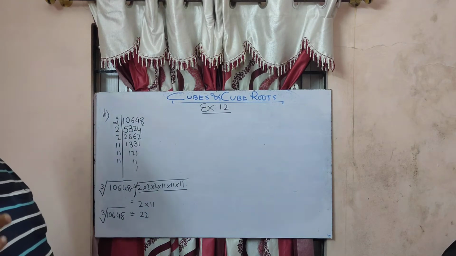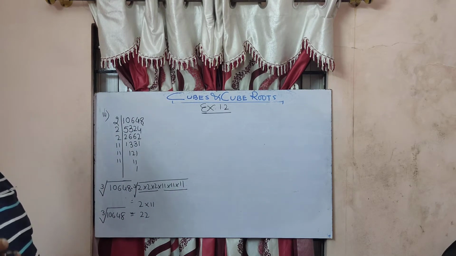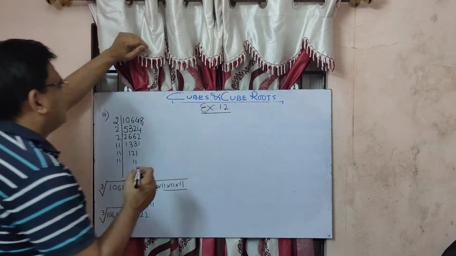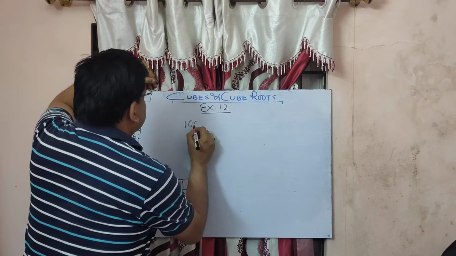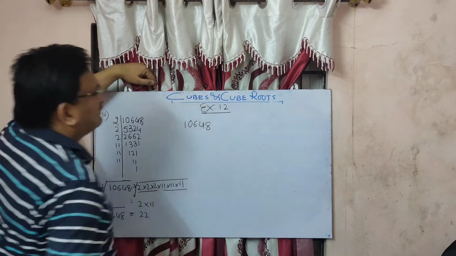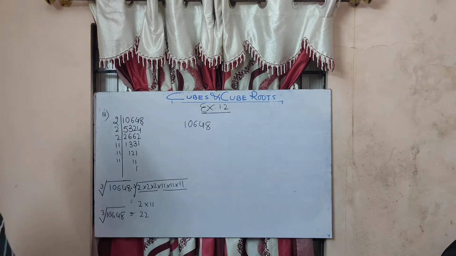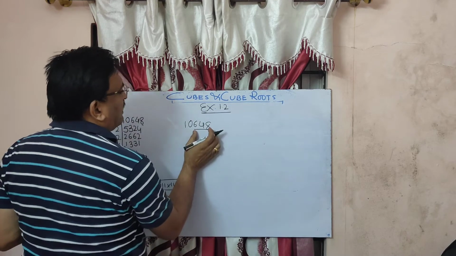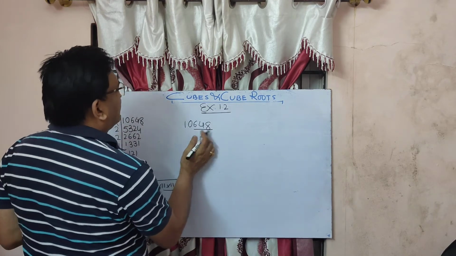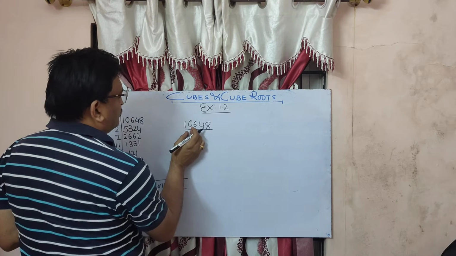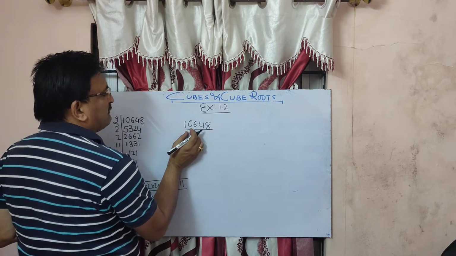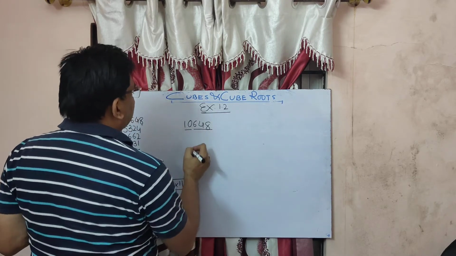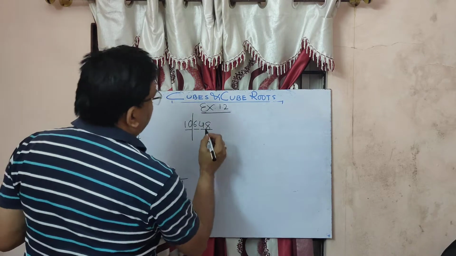Now I'll show you the other method, the direct method. When we know this is a perfect cube, then this is how to find it directly. Now let us check it. So what is this number? 10648. Now what we have to do? Make a grouping of the last three digits, and after that, whatever digits remain, you can keep them, whether it is one, two or three digits. Now there are 2 groups: one is 10, another one is 648.